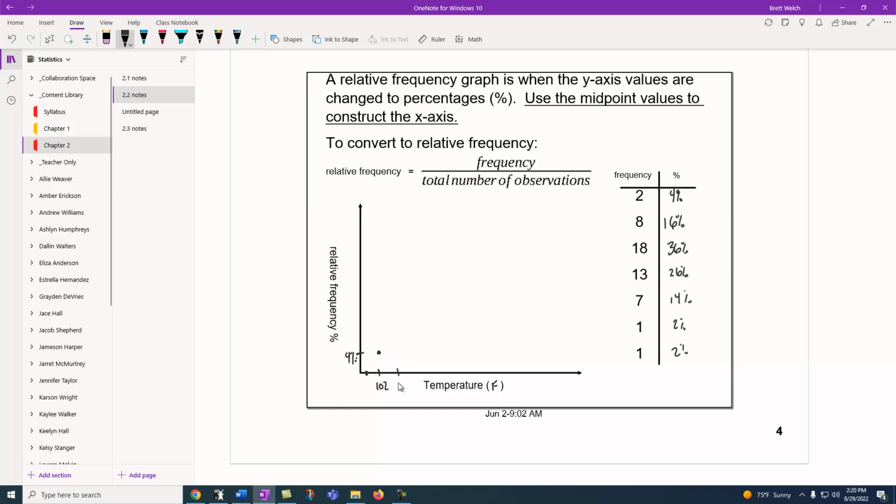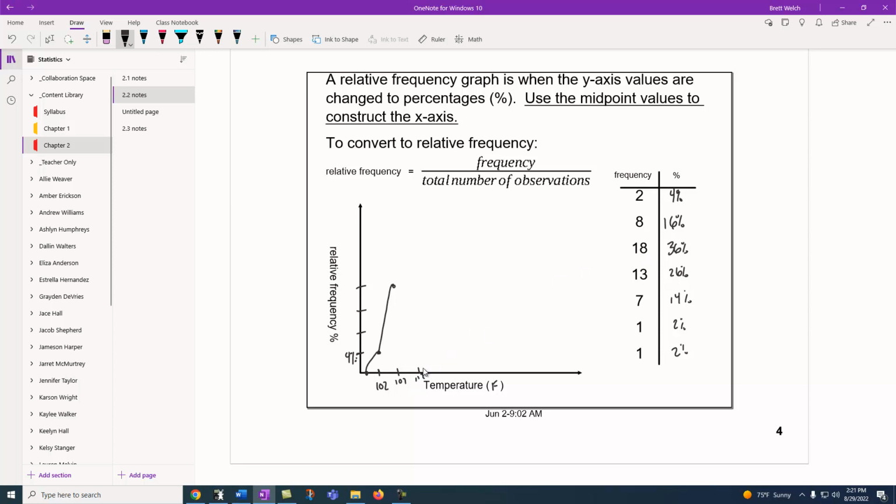Then the next number I think was 107. Yeah, it was 107 was the next midpoint. Remember we did those midpoints earlier on the other graph. The 104, that was that frequency distribution, the polygon. 107 would represent the middle of the second group, which would be up to 16. So there's 8, 12, 16. So I'd have a dot there. Okay, and so a relative frequency graph, it's going to look, connecting our dots again,